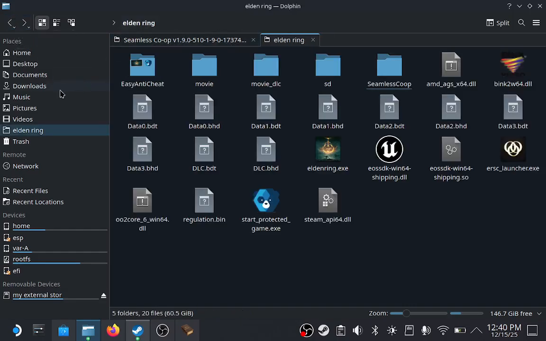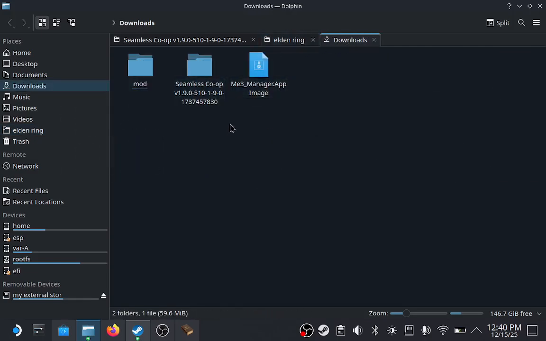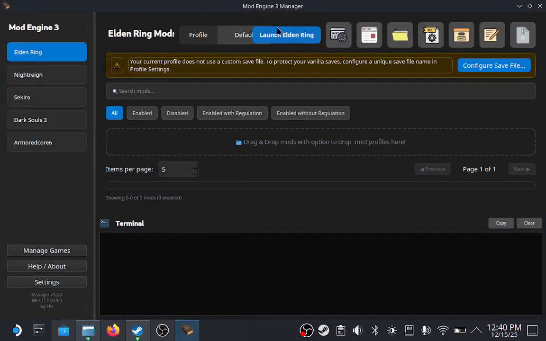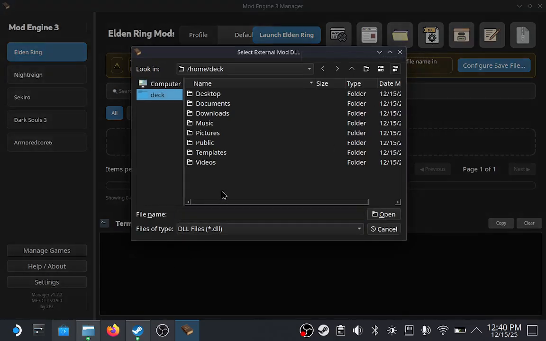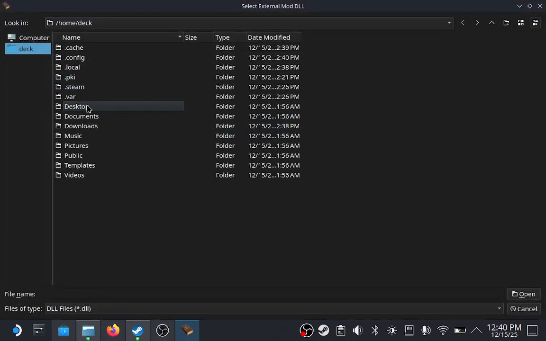Now, you're going to want to go back to your downloads and go back to me3 Manager. And what you're going to want to do is you're going to want to add an external DLL mod. Right, and you'll be in here and you're going to want to right click and you're going to want to show hidden files. Alright, there you go. Once you've done that,